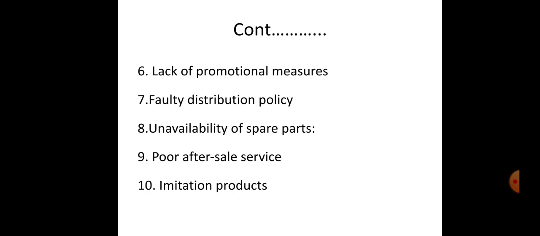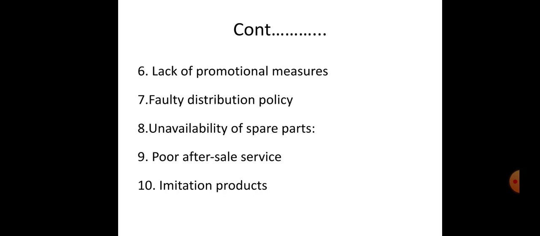Such buyers would not recommend the product to their friends and relatives. And then poor after-sale services. Because of poor after-sale service, customers will not use new products. So the quality of after-sale services is yet another important cause. Most marketers, particularly those marketing durables like two-wheelers, are courteous while making the sale. When the customer requires service later and approaches the seller, they will show indifference then. Such an attitude will draw the customers away from the product. So this is another cause for failure of a new product.